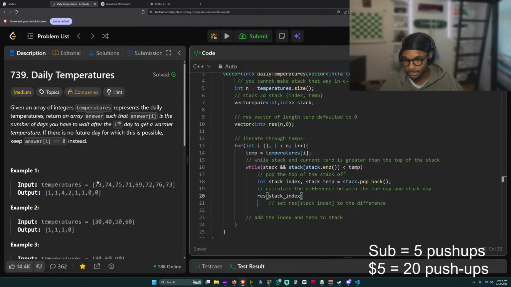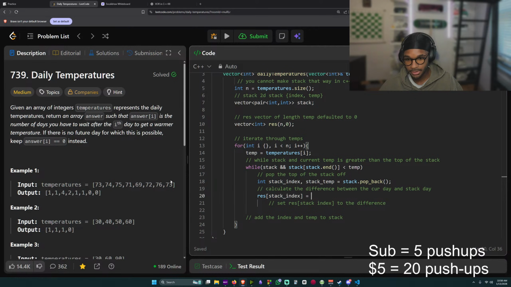So the stack index, so let's say we're at 73 and we add that on and we got to 74. This would be 0, 1. So this would be 1 and then minus 0. Yes. So res at the stack index is going to equal